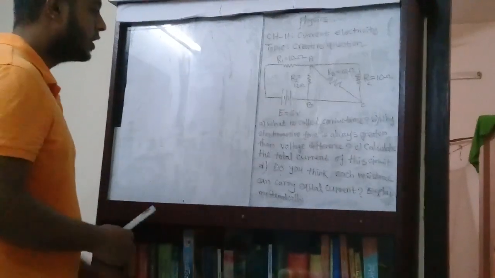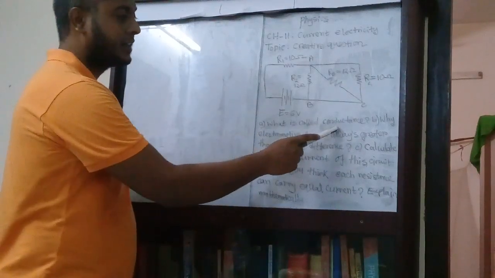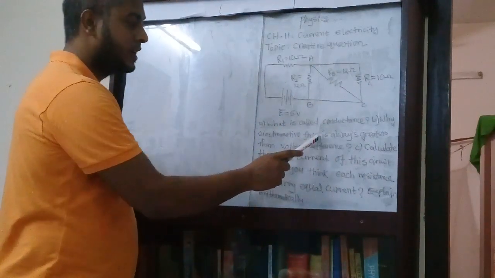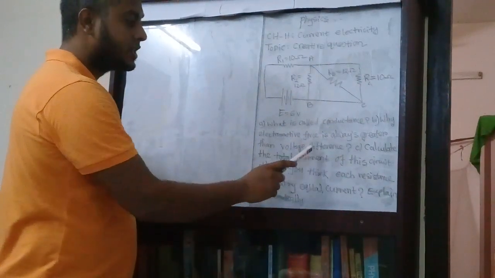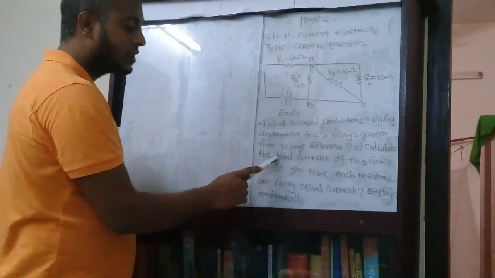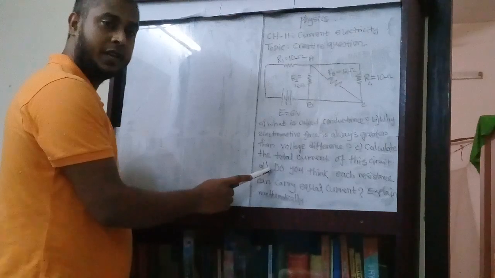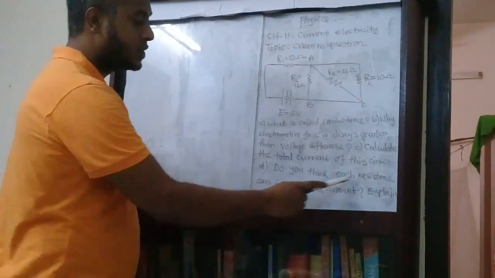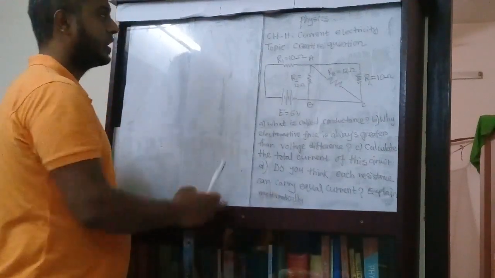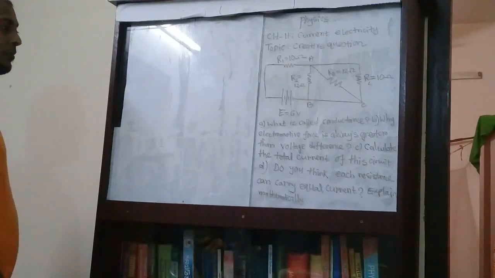Now, boys and girls, question number A: what is called conductance. Question number B: why is electromotive force always greater than voltage difference. Question number C: calculate the total current of the circuit. And question number D: do you think each resistance can carry equal current? Explain mathematically. Now, boys and girls, I'm going to solve this creative question, and I'm going to start my solution